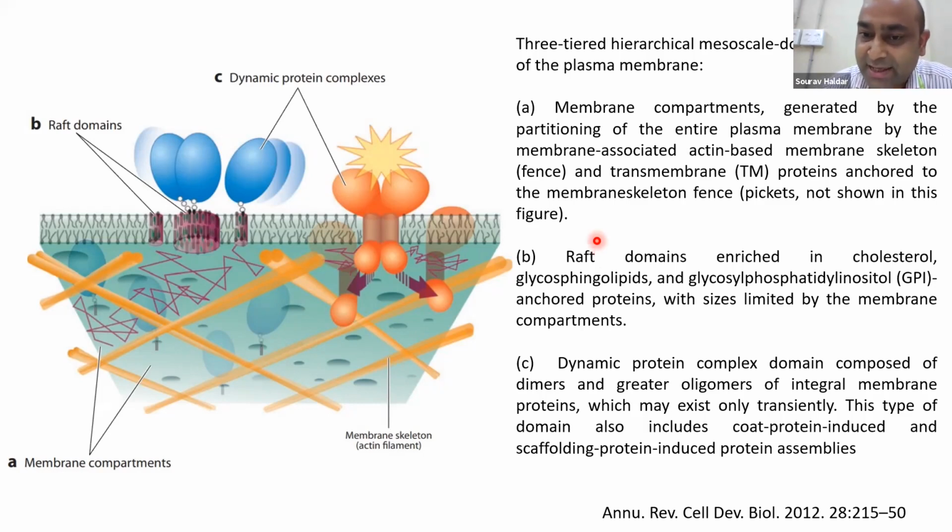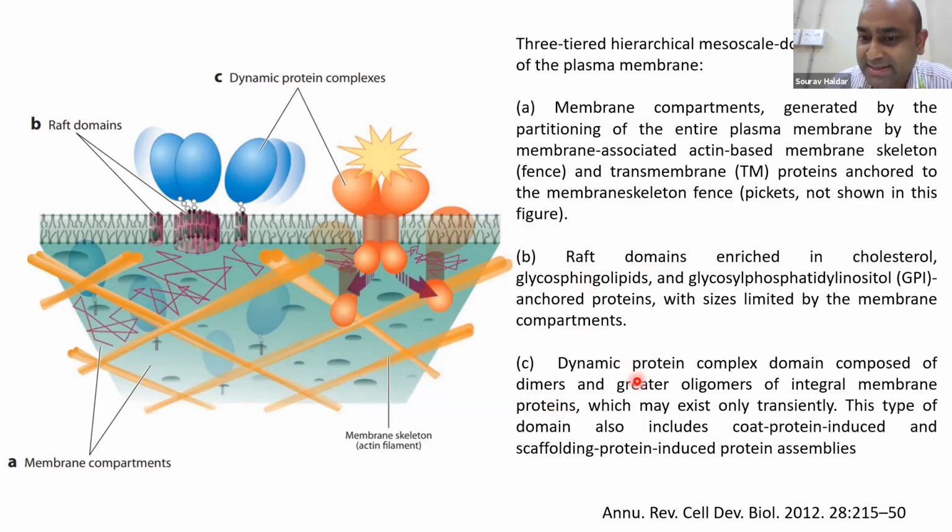So based on that, they put forward the idea of lipid rafts, which are basically nothing but domains of lipids composed of glycosphingolipid, cholesterol, and GPI-anchored proteins, and they are not homogeneously mixed in the plane of the bilayer. These kinds of domains are often known as rafts because, like rafts floating in the sea or water bodies, these domains are also floating in the two-dimensional fluid of lipids. That's why they are called rafts.